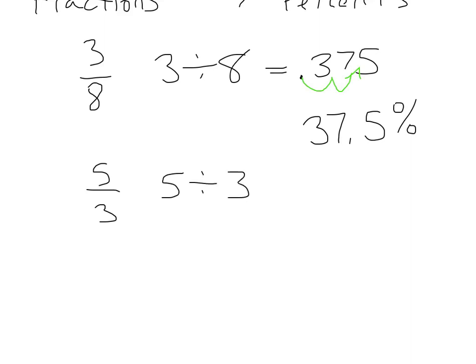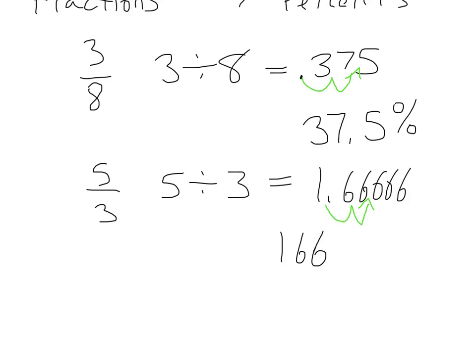And if I did 5 divided by 3 in my calculator, well, I would get 1.6666, 1.6 repeating, right? So, is this a percent? Well, not quite. Got to move my decimal 2 places to the right to make it a percent. And really what I'm left with is 166.66666. And so I would actually write that as 166.6 repeating